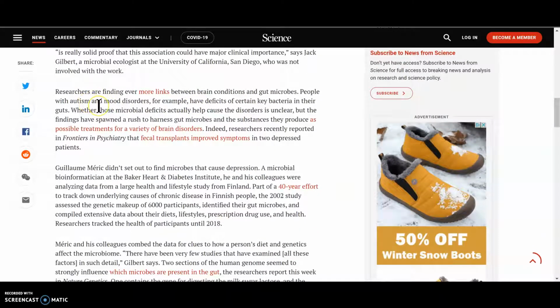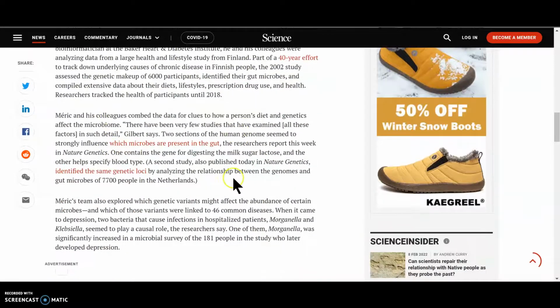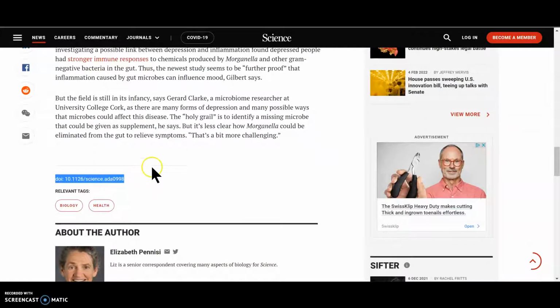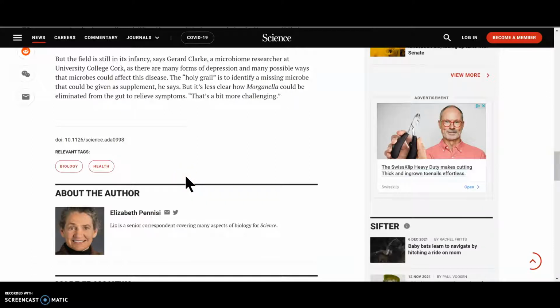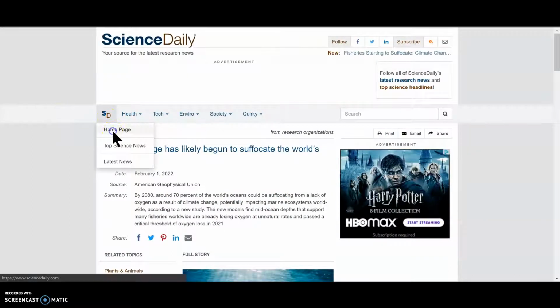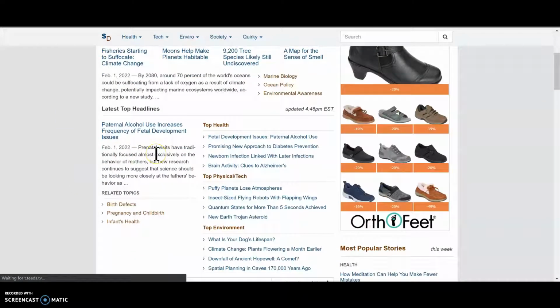So the issue here is that they don't really talk about necessarily how they composed the study, and that's going to be a problem later on. And then the other thing is that they don't, like Science Daily, have the link that you can click on. You can copy and paste this, but a lot of times it won't show you the article. Like, it won't directly take you to the article like Science Daily will. So if we go back to Science Daily and we go to the home page, I know there was one earlier that,